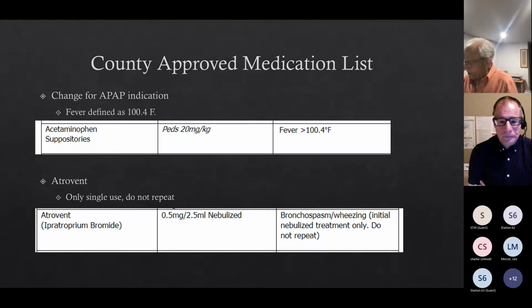So the suppositories come as 80 milligrams, 120 milligrams, 325 milligrams, and they also come as a 650 milligram suppository, but we won't likely be carrying any of those. So if the dose is 15 to 20 milligrams per kilogram, that is basically